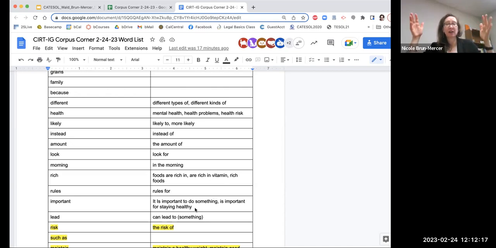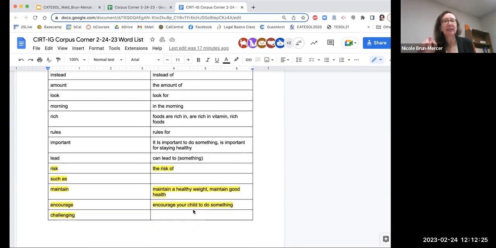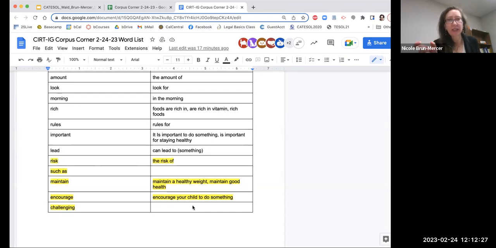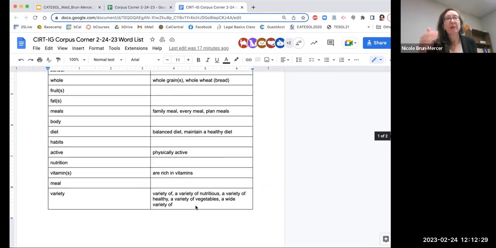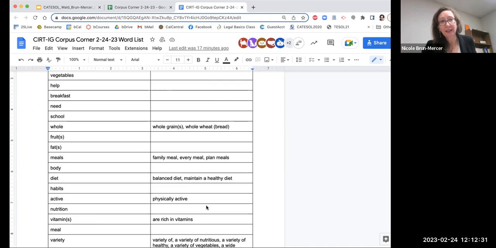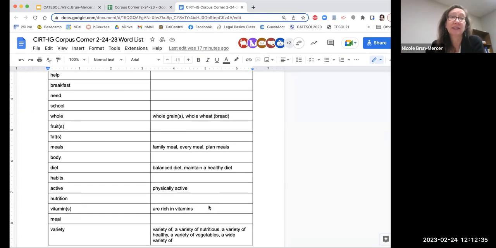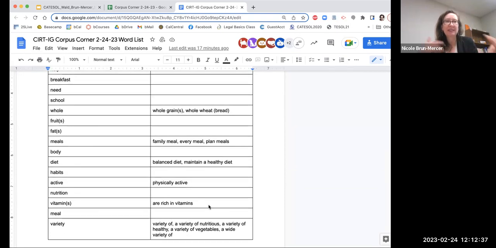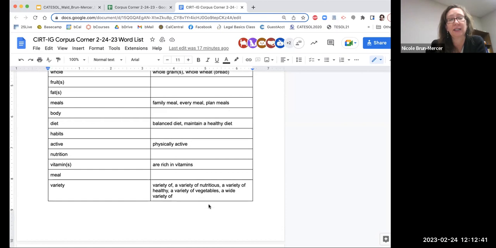And so having that on the list, when you create your activities, you can use that list and say, oh, I see that in the text, they're often going to be reading not just rich, but foods that are rich in. So that's the type of activity I'm going to be presenting to the students so they can be seeing those phrases again and again, or those collocations again and again.